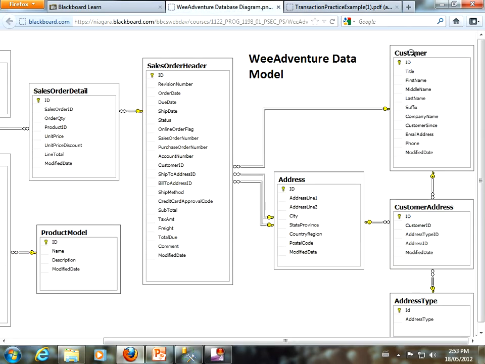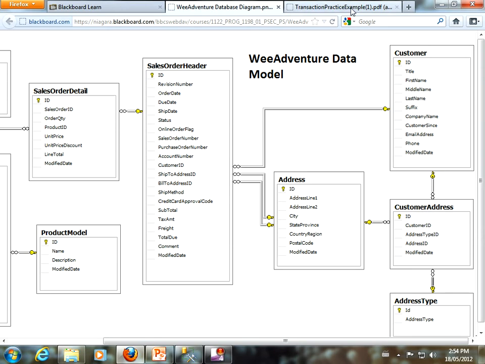Just to review, the customer itself is a parent in one-to-many relationships with both the sales order header table and the customer address table. So we know from experience with referential integrity, we have to take out all the children first before we can take out the parent record. It is a good candidate for a transaction because if we only had one action to carry out, we don't even need a transaction, but we have three separate actions here: to remove the orders for the customer,